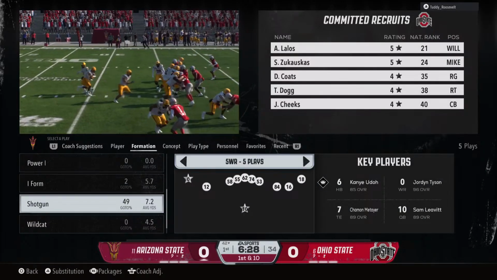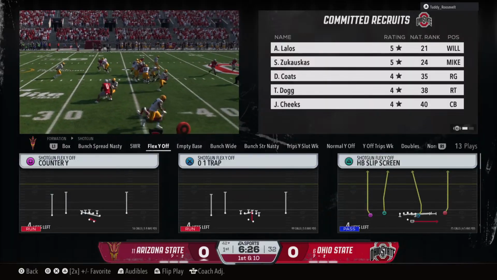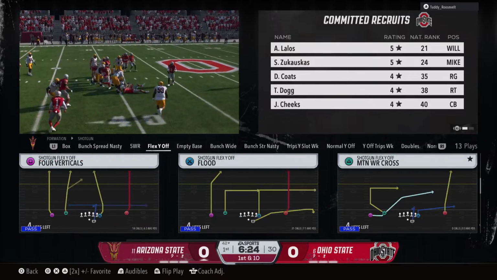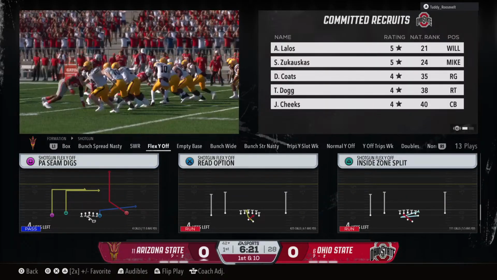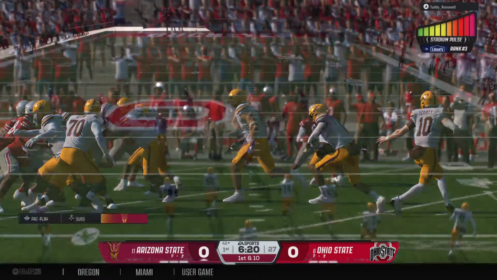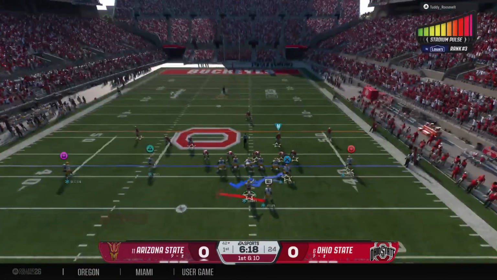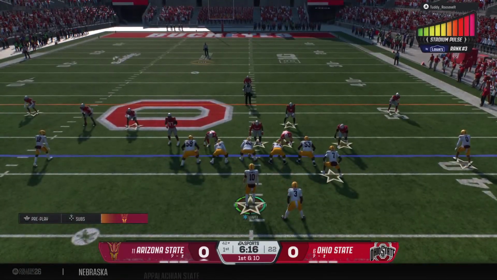What a great job to be able to establish some rhythm for an offense. When you can run the football like this, it just opens up the playbook. You can continue to run, you can go to play action. You really keep the defense on their heels when you can run the ball like this. Nice play.